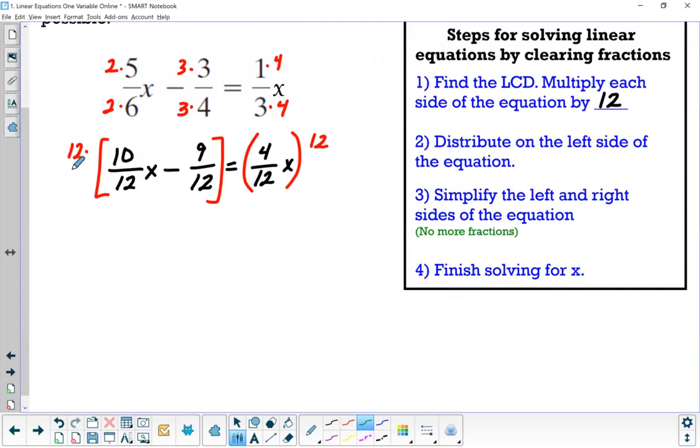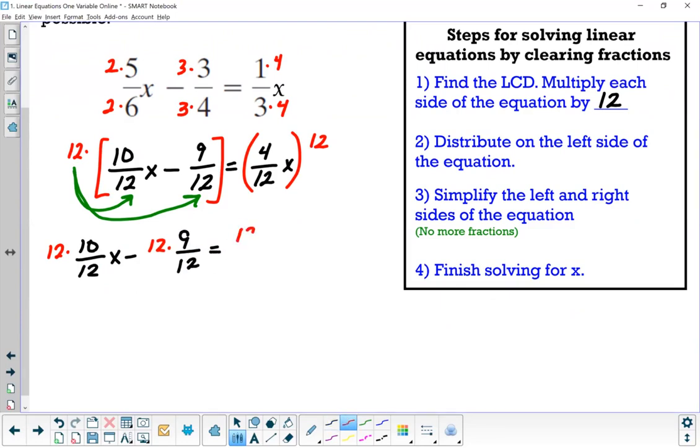So when I multiply by 12, I want to be sure that I distribute the 12 to the 10/12x and the minus 9/12. So essentially that gives me 12 times 10/12x minus 12 times 9/12 equals 12 times